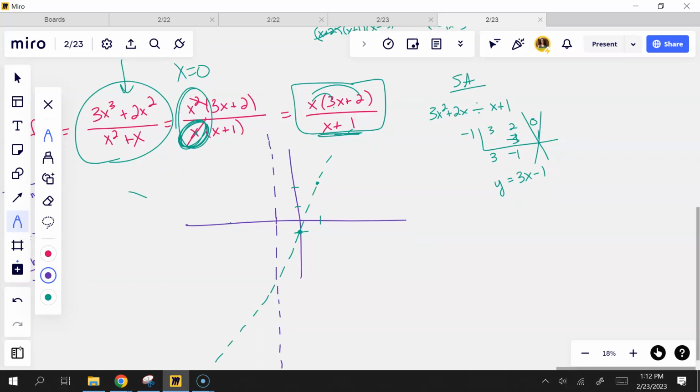It bounds this graph. What I'm thinking this graph is going to do is something like this and hug both of these asymptotes this way, but I'll have to wait until I graph it to see. See, that vertical asymptote is bounding it up and down, but that slant asymptote is going to